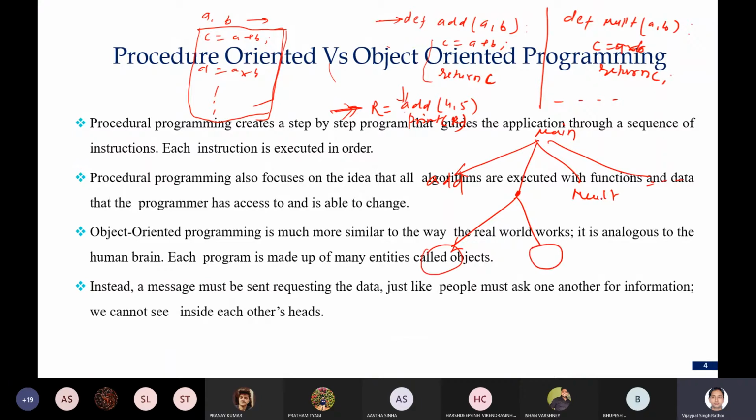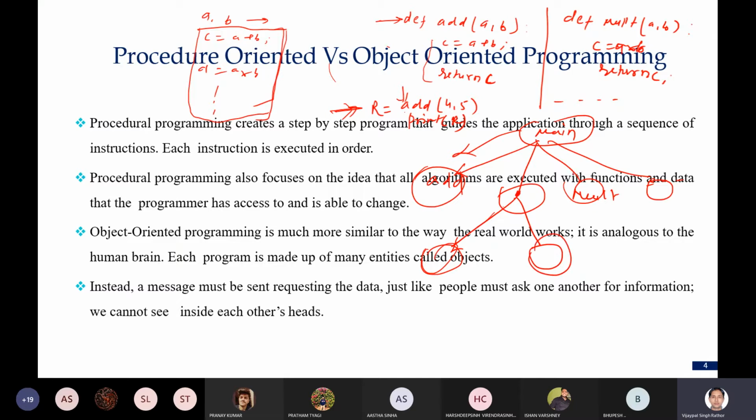So here you can see one hierarchical structure is shown, where different methods are represented in a hierarchical manner. The main function is calling the addition function or some another kind of function, then this function is calling some other function or some sub functions or procedures.